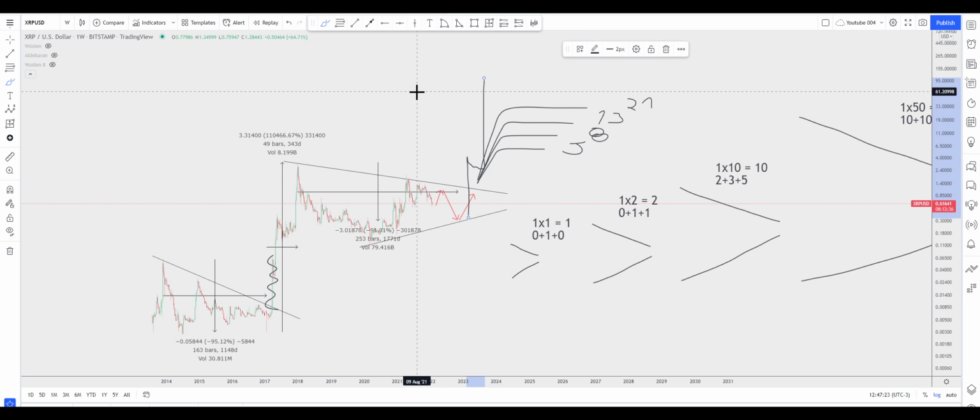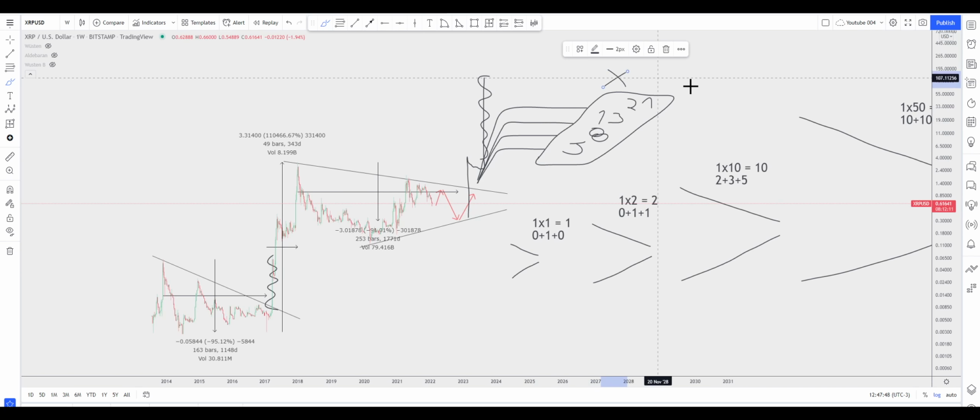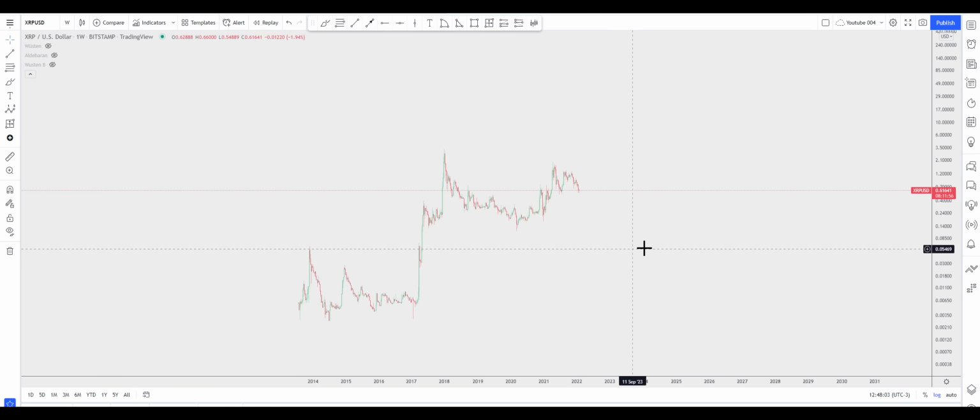wave number 3, which, if you guys remember, it's the most powerful and profitable wave on the whole Elliott setup. Okay, so this one alone is going to smash every single one of those pseudo targets. They are not even targets at all. There is no technical validation for any of these levels. There is none. Zero. Okay. But sadly, people are not interested